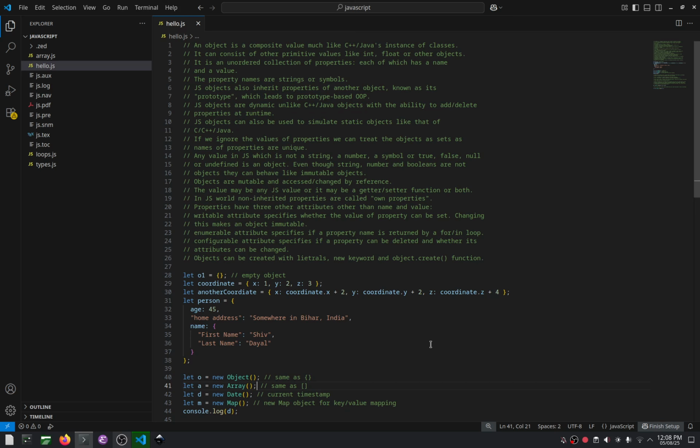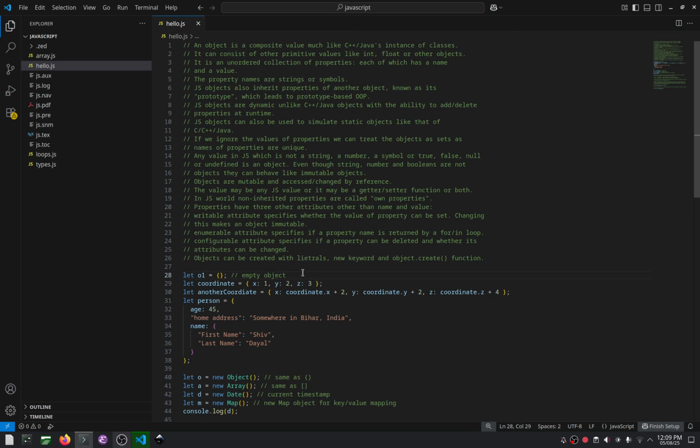For example, I have not covered yield, for in, for of, those kind of things, or the conditional property invocation. But we will cover those later once we proceed a bit further into objects, arrays, and classes. And then we will look at those missing operators and